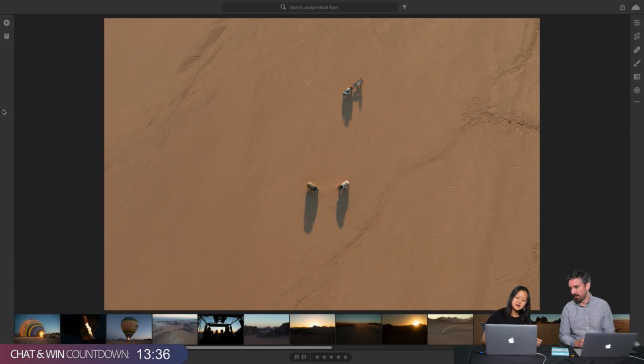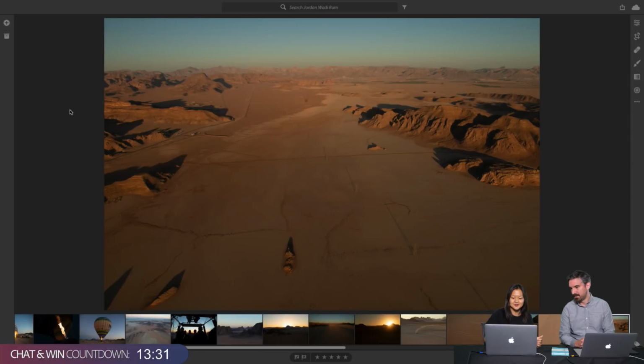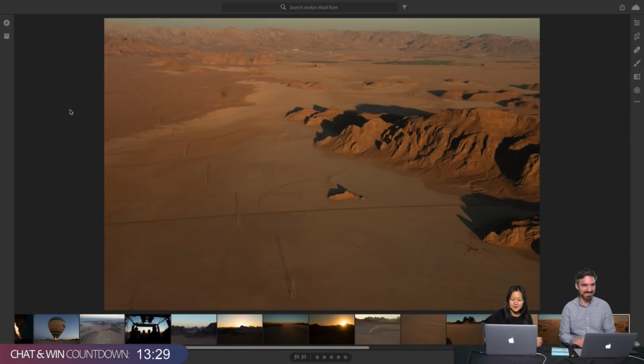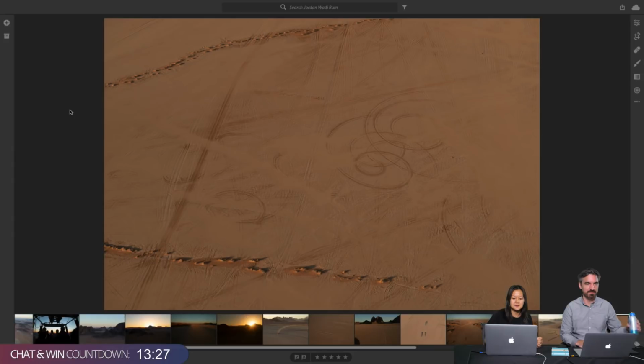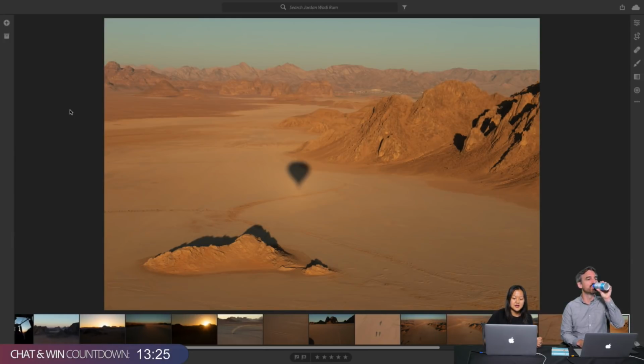And I love the miniature people and cars and the long shadows. And I had a lot of fun playing with the shadow of the balloon itself. It's one of those self-portraits, where you show where you are in relation to your scene without being so literal as actually showing your face in it.